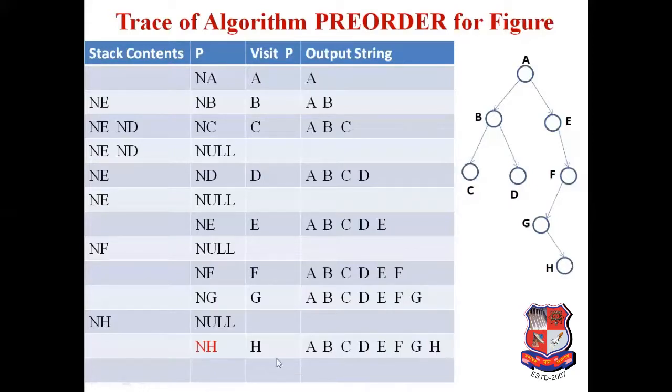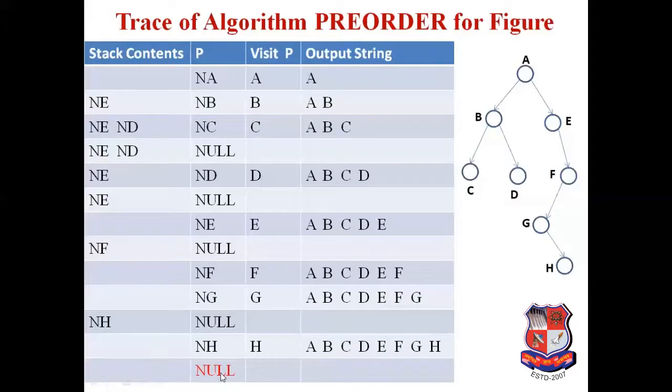Now we store the right of H into the stack. We don't have a right child of H, so we can't add anything, and at this point the stack is empty. We assign the left of H to P. Do we have a left? No, H has no left child. So in that case, we assign the null value to P. Now as P is null, what will we do? We remove the node from the stack. But as you can see, do we have a node on the stack? No, we don't have any node and P is null.